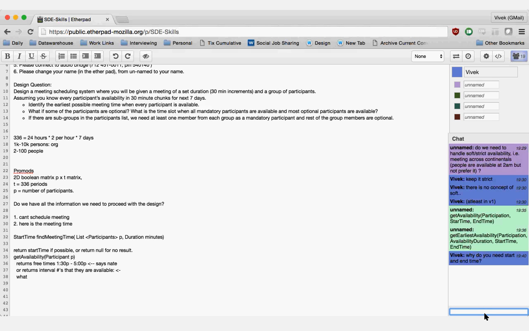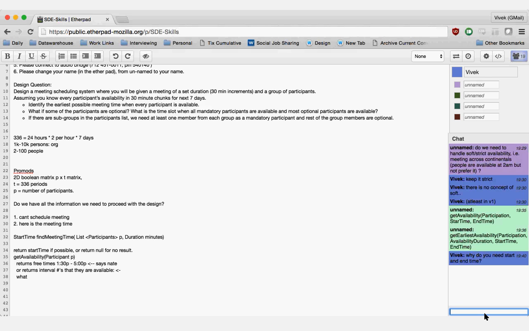So one step back. When you do a get availability of a given participant, you get back an array of intervals that they are available in. Correct. Then you have an overall availability array which starts with all 0. And then for the first participant, you go and increment only those places where that participant is available. So you don't have to store the availability of the participants anywhere. You get the first participant, increment everything where he or she is available. Go to second participant, go increment. Third participant, go increment, and you can just toss their availability out after that.